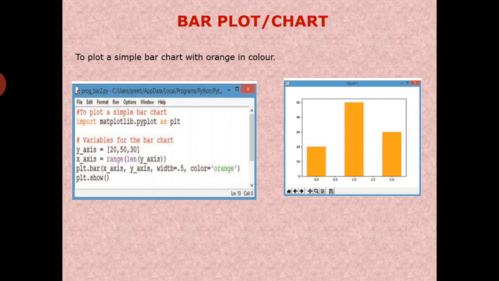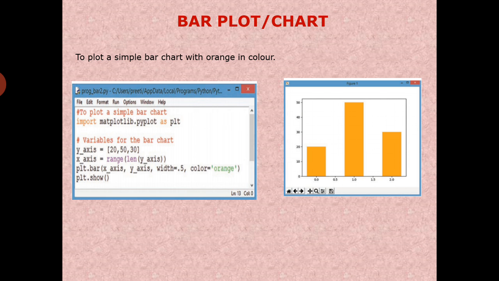To make a bar chart with matplotlib, you need to use the plt.bar function. Now this is a program to plot a simple bar chart using orange color. The first statement is to import matplotlib.pyplot as plt. The statement y-axis = [20, 50, 30] stores a list of values in the variable y-axis.